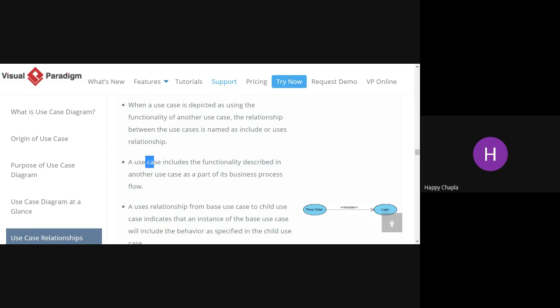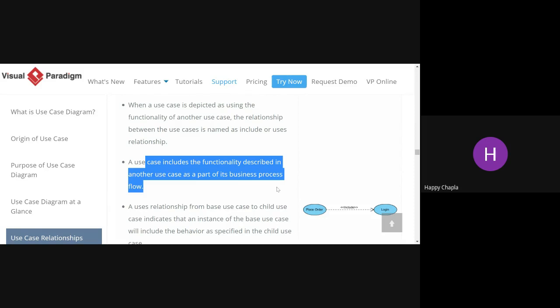Okay, so a use case includes the functionality described in another use case as part of its business process flow.